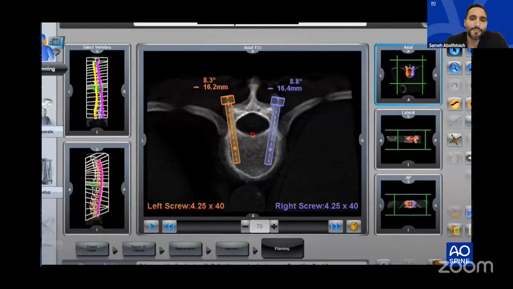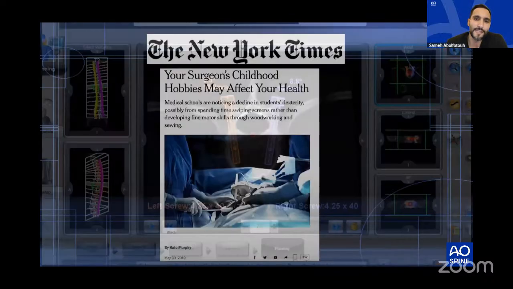So nowadays, in a spine robot, you can pre-plan your screws in advance. Obviously, as Muhammad Abdul mentioned earlier, it's not yet FDA approved for pre-planning of positioning your screws, but it can be really helpful, especially in the case of grade 4 spondylolisthesis, where you have only one shot of getting that screw in place because of the deformed pedicles, for example. So it can be a very helpful gadget in our ORs nowadays.